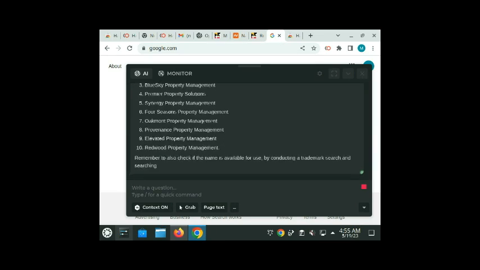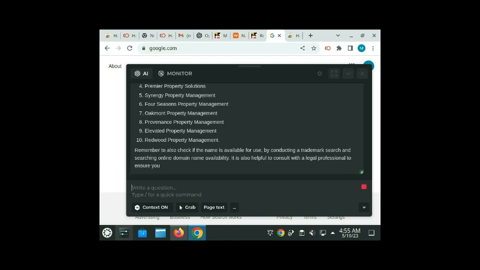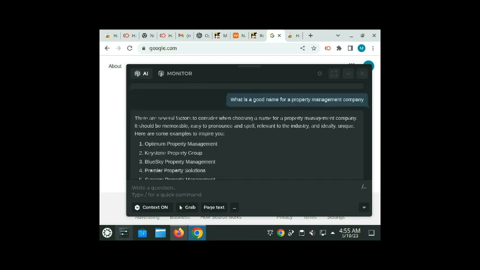So I asked for a good name, and it gave some advice, and the advice is pretty good. The things to look at are: is it memorable, is it easy to pronounce and spell, is it relevant to the industry, and ideally it should be unique. And then it gave some examples, which, to be fair,